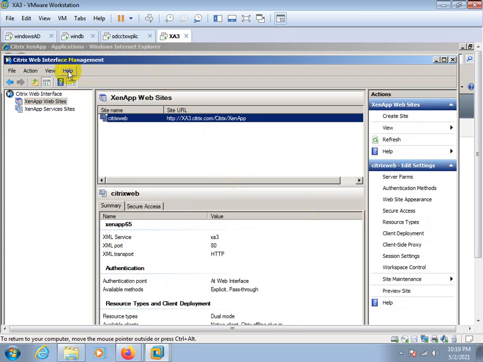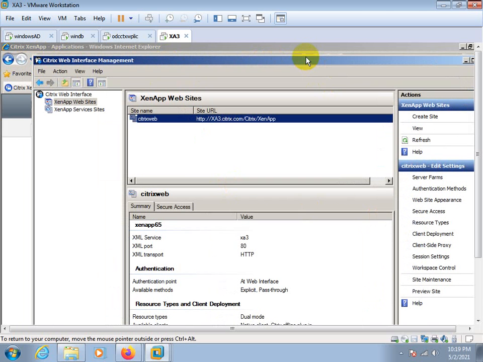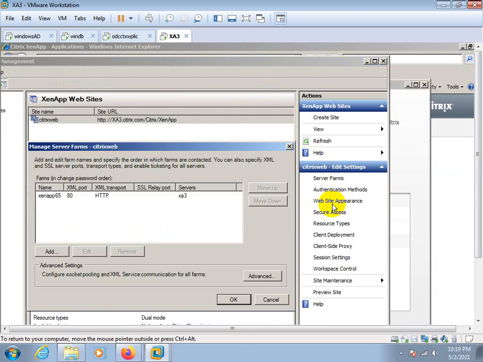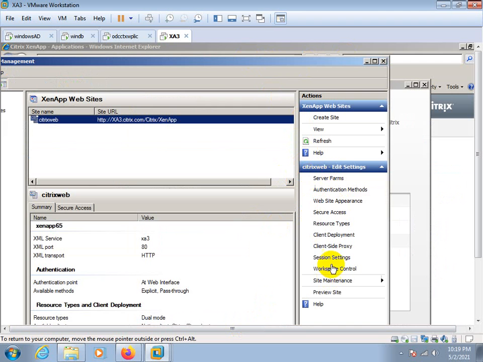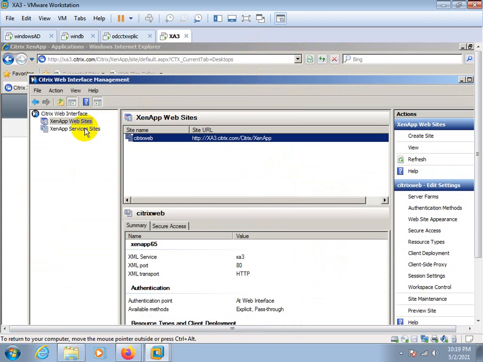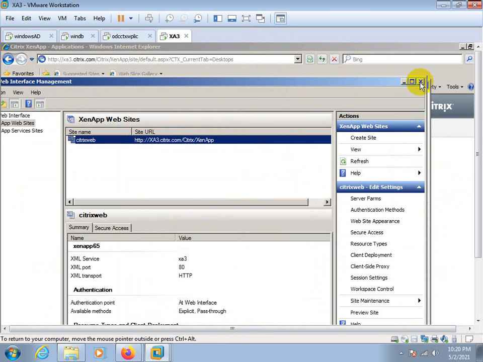We'll discuss StoreFront only, because StoreFront is compatible with 6.5 as well as 7.0, and now web interface is not in use, it is out of date. So we'll only cover some small things from here, and at the time of migration, we'll discuss StoreFront.